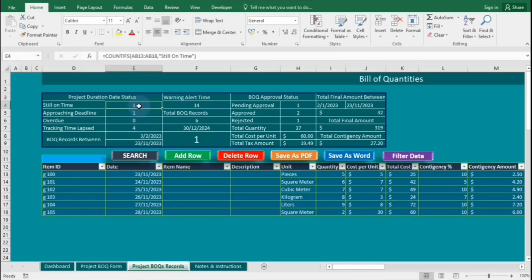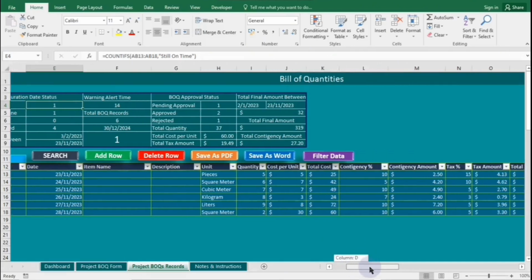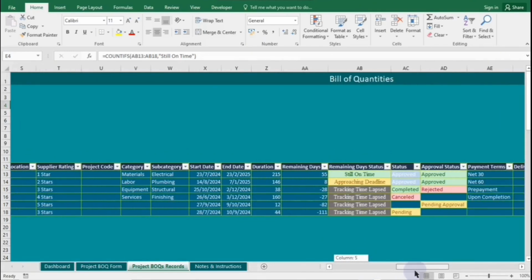Let's now consider some realistic examples using this summary table, which highlights the key points from the main table below. Now let's see formulas in this summary table. The COUNTIF function counts cells that meet criteria across defined ranges. It examines the range AB13 to AB18, which contains project statuses. The criterion is still on time, counting how many cells match this status, providing a quick snapshot of projects that